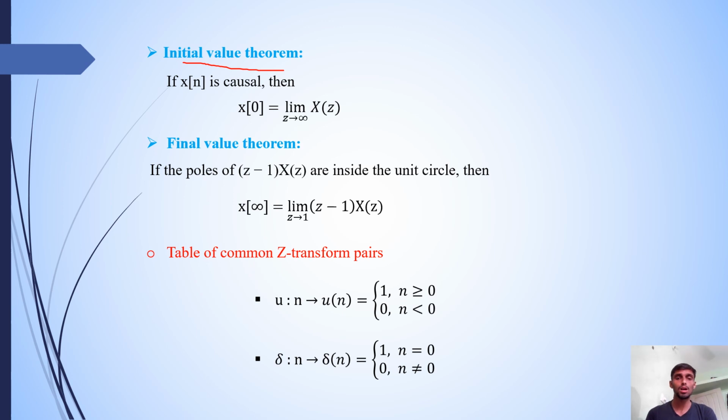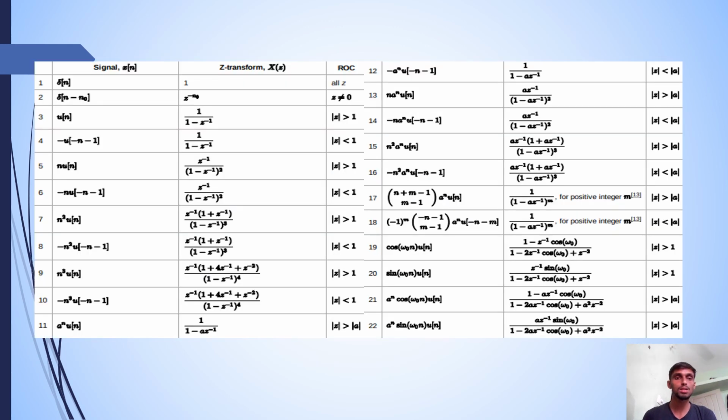These are the common transform pairs. u of n is equal to 1 when n is greater than or equal to 0, and 0 when n is less than 0. And delta of n is 1 when n is equal to 0, and 0 when n is not equal to 0. These are some formulas for signals and their Z transforms, and also for the ROC. When delta of n is equal to 1,